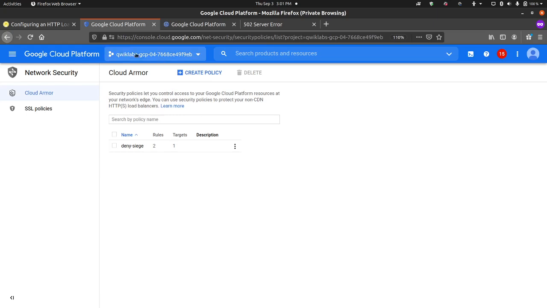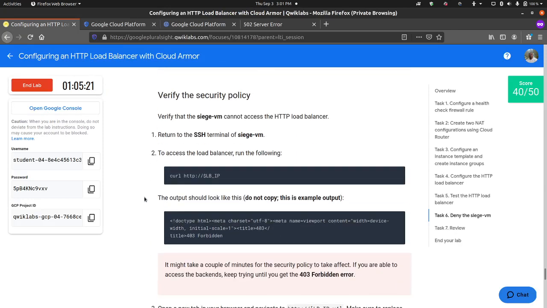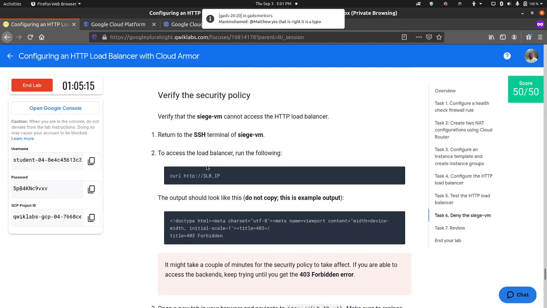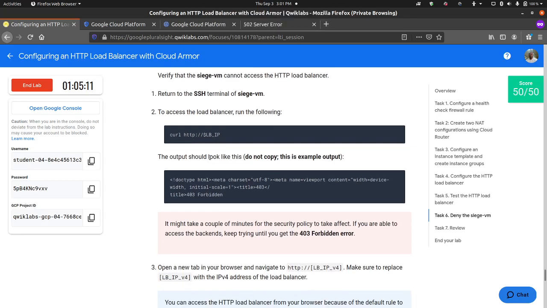Okay, so that goes. So let's click on this. All right, so then we return to an okay, curl the okay. Let's click this, and this time